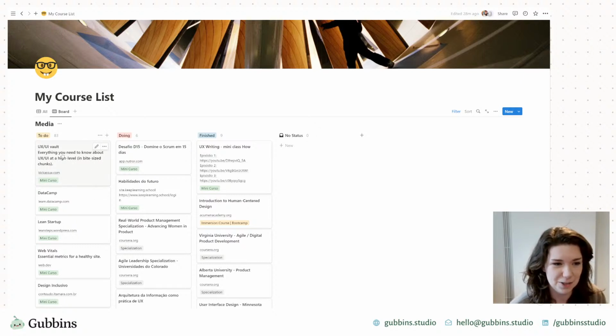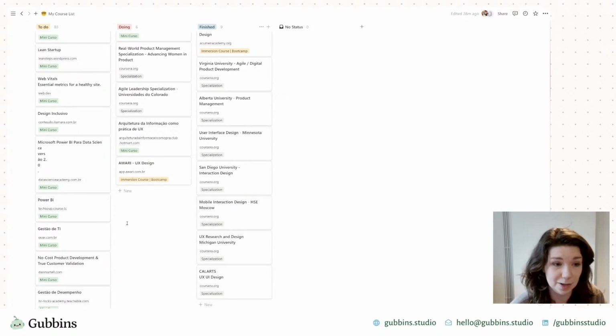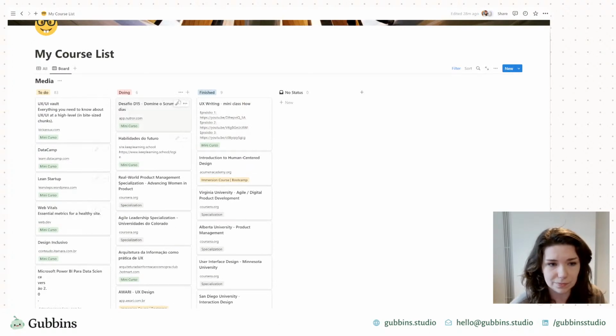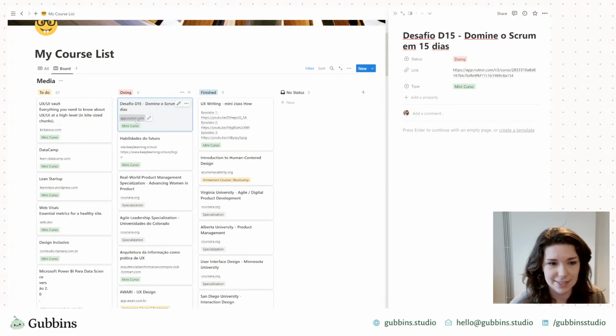So here, say that she wants to complete this course and it's in the to-do column. When she starts working on it, she can drag it over into the doing column, and then when it's done, she can drag it over into the finished column. And you can see she's already got this set up here very well. It's also handy in Notion to be able to bring links and other properties within a table item to the front, so you don't have to, like, if I wanted to access this link, normally I'd have to click to open the table item, then click the link, but here she's brought the link up front, which is very good, so she can just very quickly click on that and go to where she needs to go.